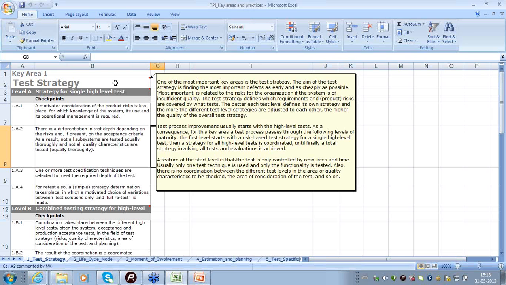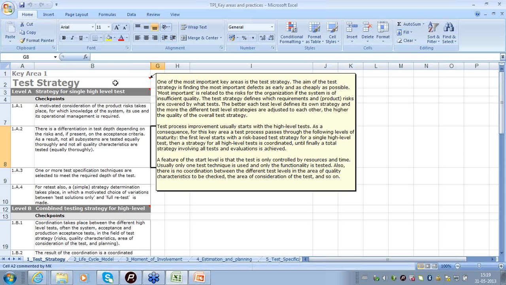So test strategy is something which addresses the question of whether we are testing the software based on the risk that the software poses to the user organization, or are we testing all the software modules or all the software packages in a certain way which does not relate to the risk which is being imposed by the software on the user organization. So essentially we define the test strategy considering the risks associated with the given software.